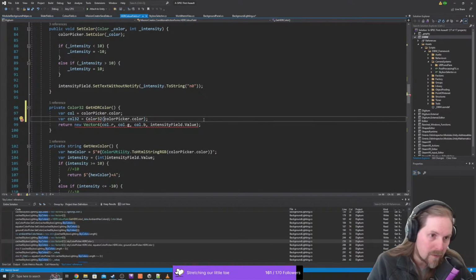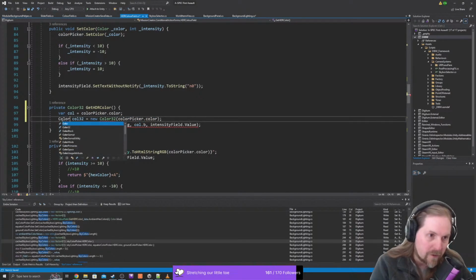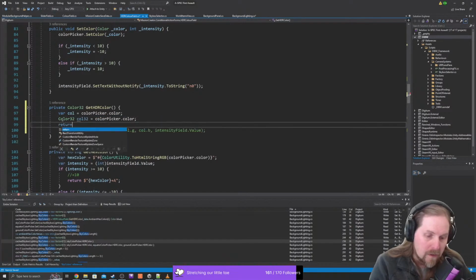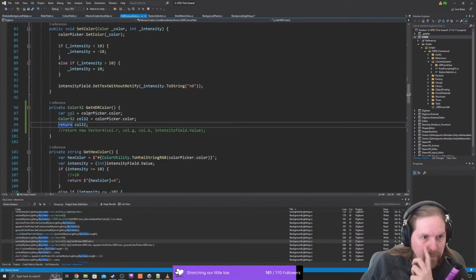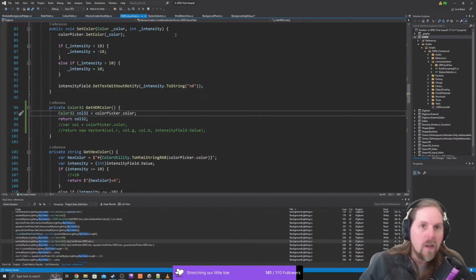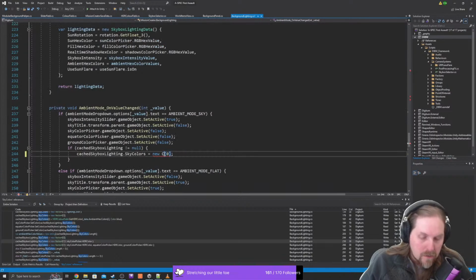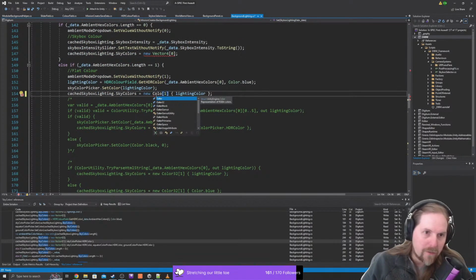We have that. No? So we have to explicitly say you're a Color32 and then just pass it the colour. If only I knew this sooner, I wouldn't have had to be doing all this backtracking. And